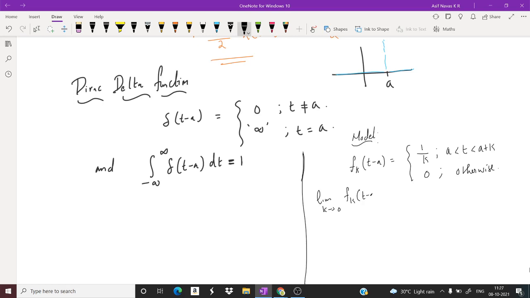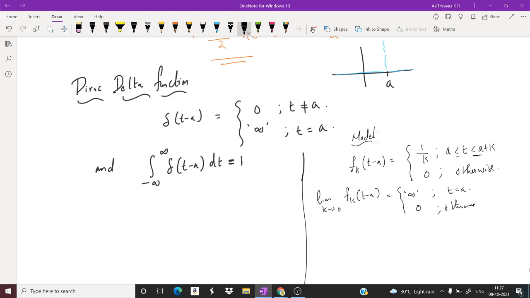Now, what will happen if I take the limit k tends to 0 of f_k of t minus a? What is the value? As k goes to 0, what is the value? Infinity. It will be like infinity, right? 1 by 0. And if k is 0, that is when t equals a, and 0 otherwise. So this function, if I take k tends to 0, satisfies